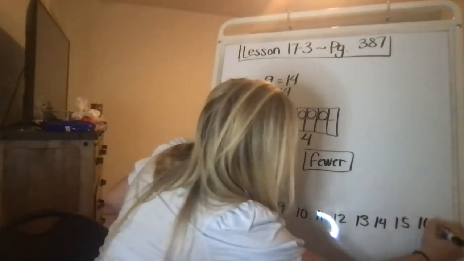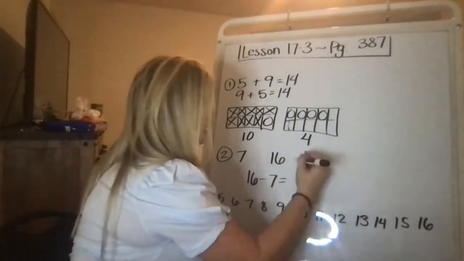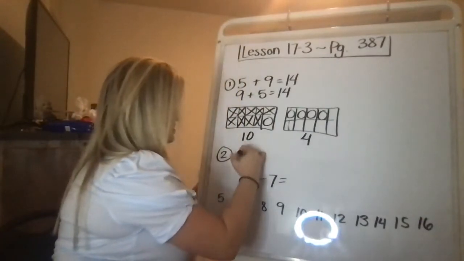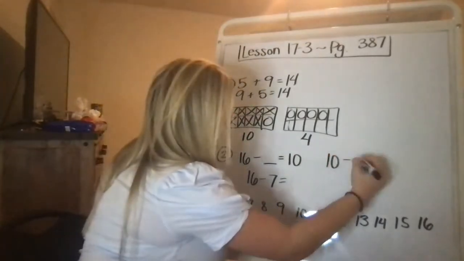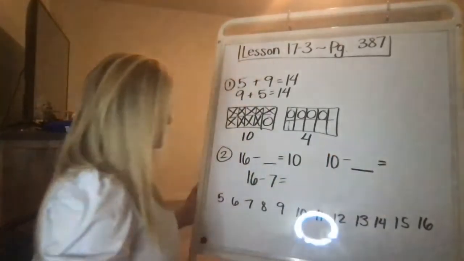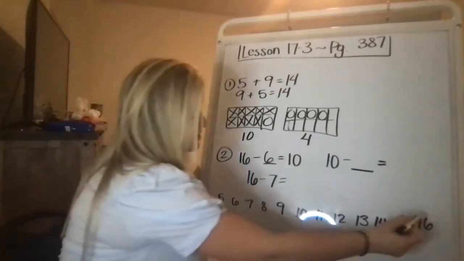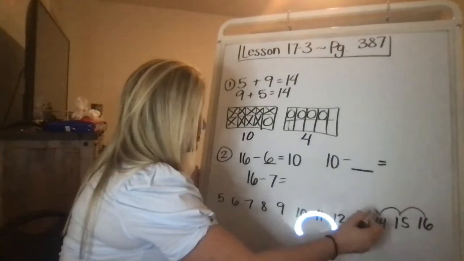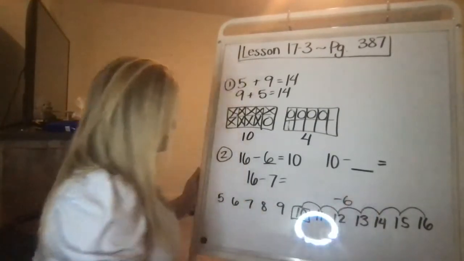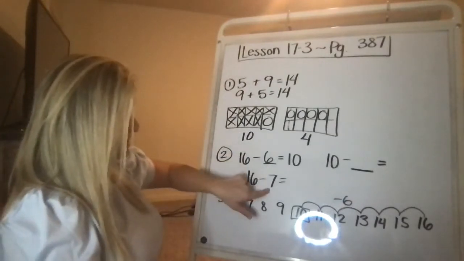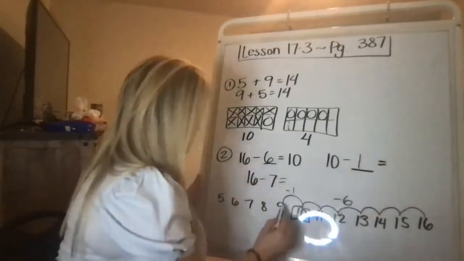See if I have enough room. Okay, so then what we're going to do is jump back. I'm going to erase this so you can see 16 minus blank equals 10. I'm going to do 16 minus 6 to get me to 10. So I'm going to take 6 jumps. 1, 2, 3, 4, 5, 6. Make my pit stop at 10. I have 6, but I'm not jumping back 6, I'm jumping back 7. So I need to jump back 1 more, and I land on